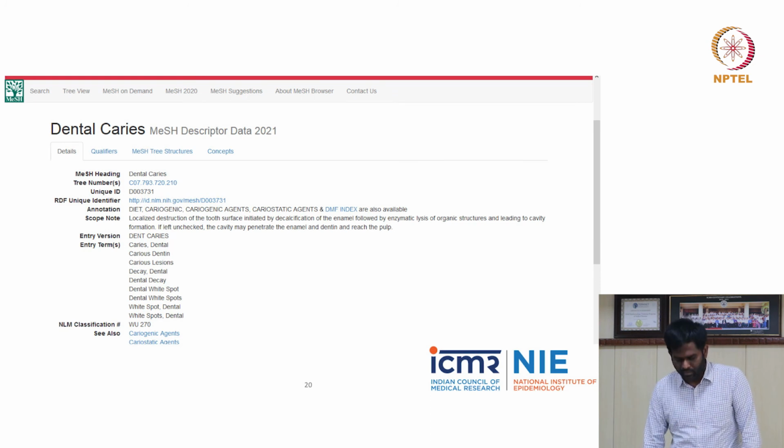So you can see the entry terms in the lower half: caries dental, caries dentin, caries lesions. So in whatever way the individual authors have published in their articles, all these things will be indexed under the same terminology called dental caries. This is the use of using a controlled vocabulary, and MeSH is one of the controlled vocabularies used in PubMed.